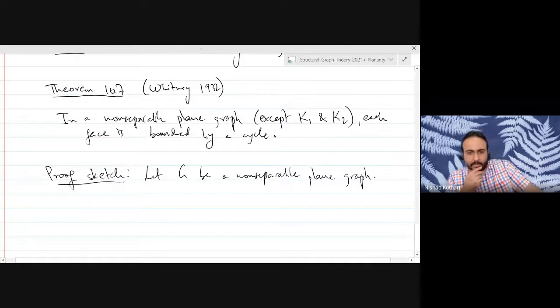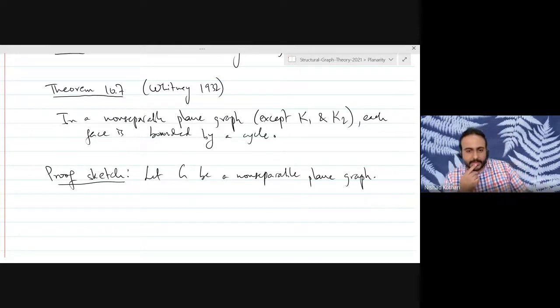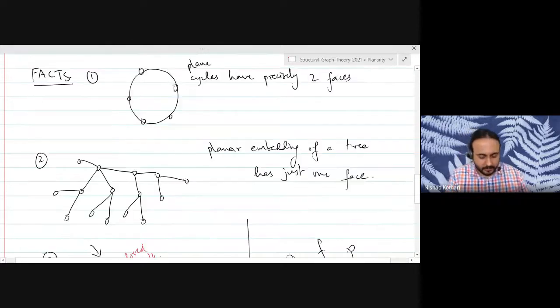Okay, so this is the planar embedding of a non-separable planar graph. So how do we proceed? Any suggestions? If you want to prove a statement about non-separable graphs, who's your best friend? Ear decompositions. Exactly. So let's proceed by ear decompositions, right? Because what would be the base case? The base case is when the graph is just a cycle. And when the graph is just a cycle, we have already observed that it is exactly two faces whose boundary is the whole cycle itself. And so the statement is proved, right?